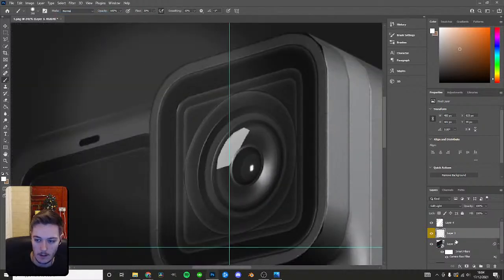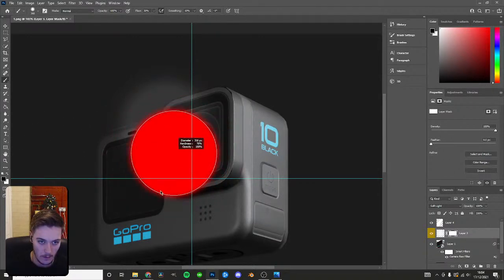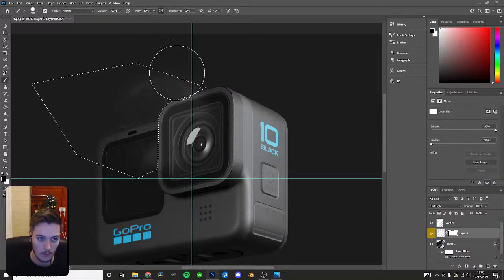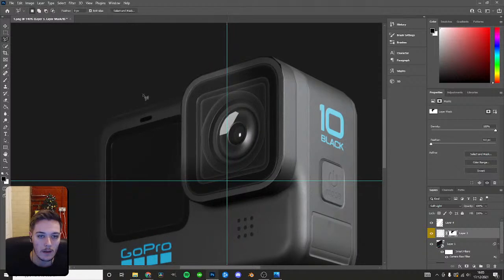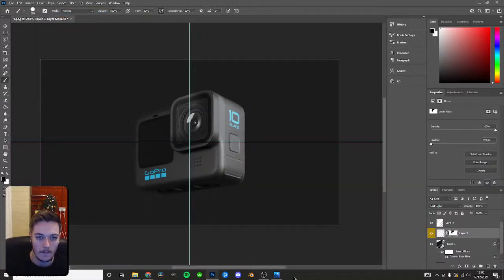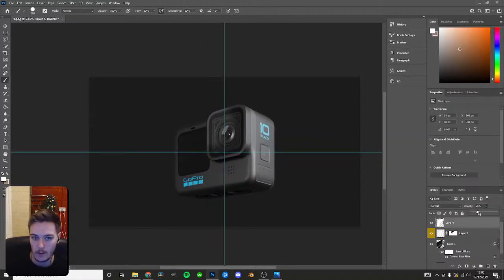Select none, and then I'd add a mask onto this. Black removes, and then we would select here, here, all the way around. Remove the light off there, and then we do the same there. And then anything that's missing off that, remove it so it's not there. Select none. We have a lens flare going on there,